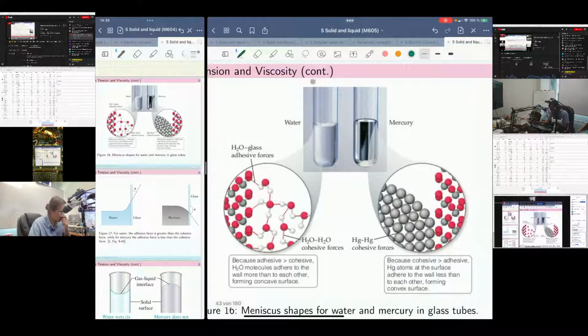Close picture is the following. You pour the water inside the capillary tube. You see this shape of water, right? And you pour the mercury into the capillary tube. You see this surface of the mercury inside the capillary tube. The reason is the following. There are two types of force. The first one is called